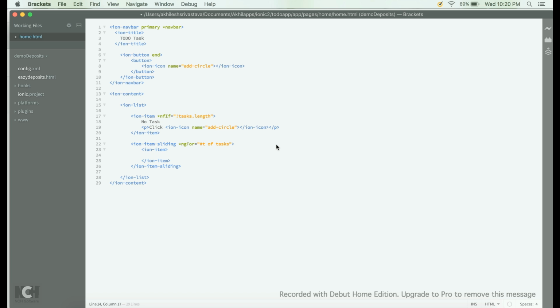For that we will show one toggle button here. We'll say ion toggle, and as of now we will just have this empty toggle. We are not going to add the functionality, we will add this later. And then we will say ion label,